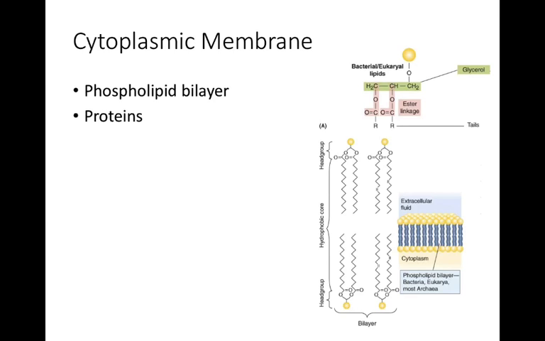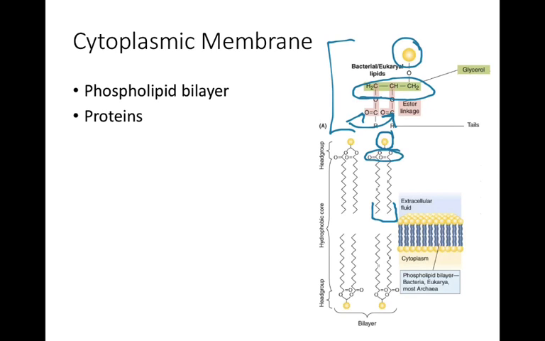In the case of the phospholipid bilayer itself, I want you to recall that there are a couple of features of these. We have two fatty acid tails, a glycerol molecule, and then a phosphate group which can have modifications on it as well. And that's just shown up here as well. So we have, again, those two fatty acids, 1 and 2. We have the glycerol molecule, which is a 3-carbon carbohydrate. The phosphate head group here, and again, sometimes this can be modified with additional